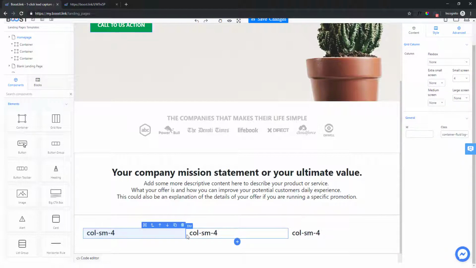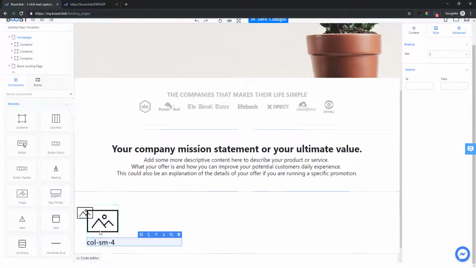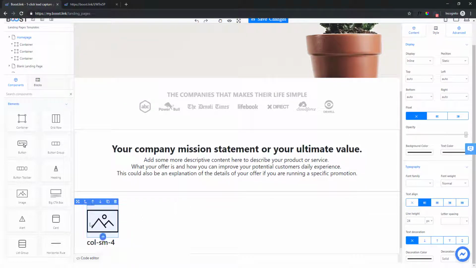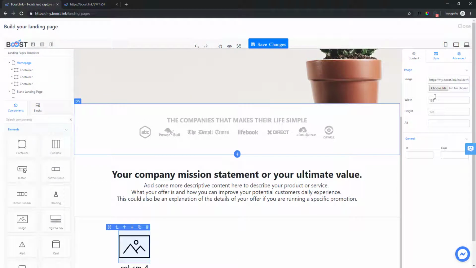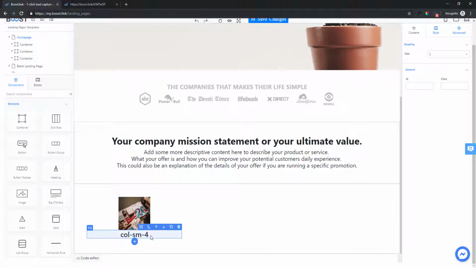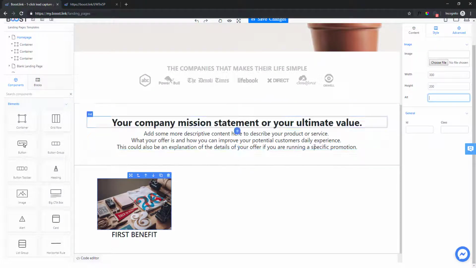And then a quick tip for this is you can delete the other columns and then edit this first one. So what you have to do is add an image inside the div, then go to the container, text align to center, add an image, and then change the text. For example, first benefit. Then on the image, change the size to 300 by 200, and then you can add